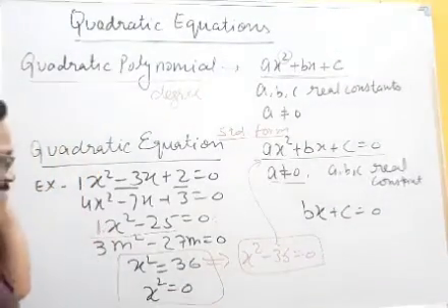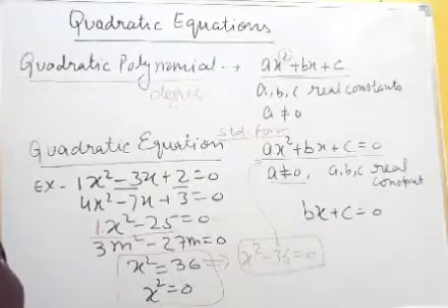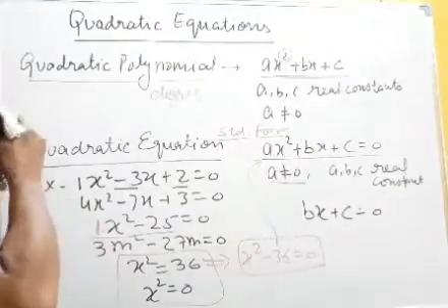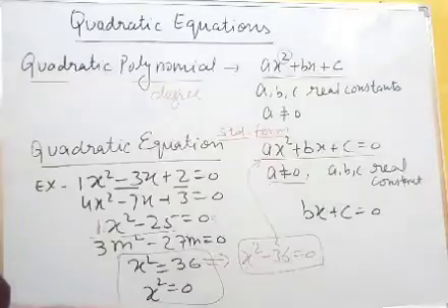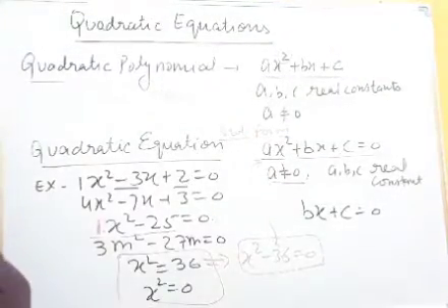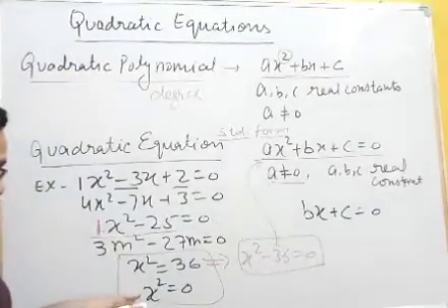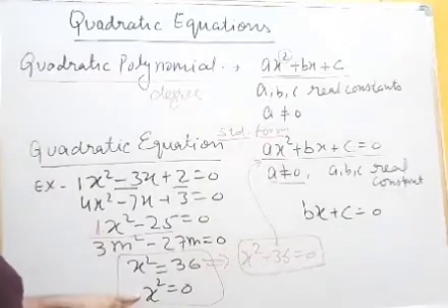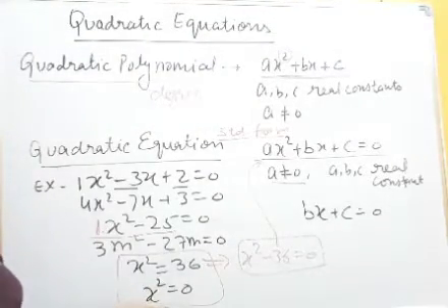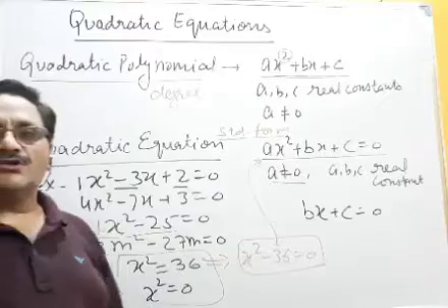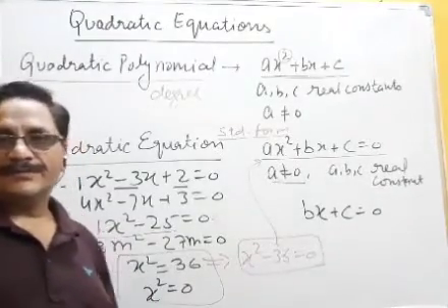I think it is understood by everyone. So now the last one, you consider, is it a linear equation or a quadratic equation? Yes, it is 100% a quadratic equation. Why? You see, nothing is there, it means a is equal to 1, x square, degree is 2, equal to 0. b and c may be 0, no problem. This is the quadratic equation.